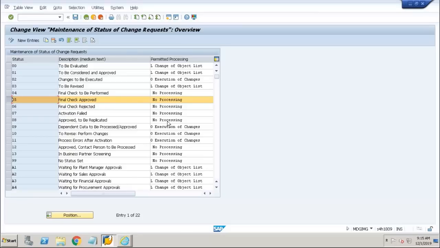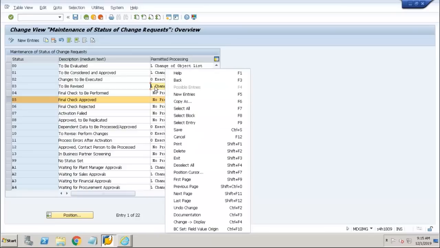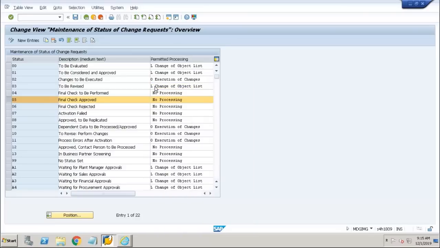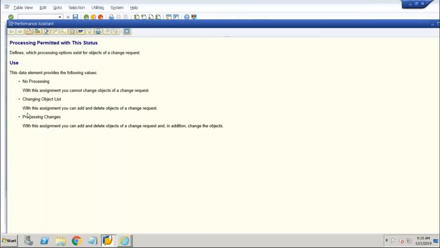Similarly, we have change of an object list and execution of changes. Now these details: if you look at change of an object list, with this assignment you can add and delete the objects of a change request. And with the other, in addition you can change the objects. Example,